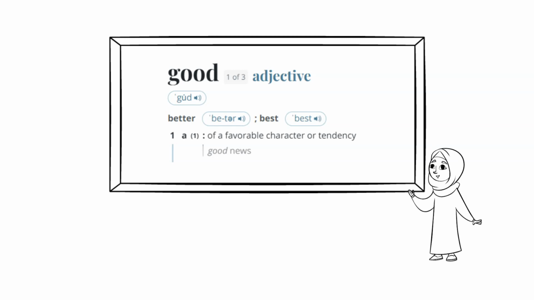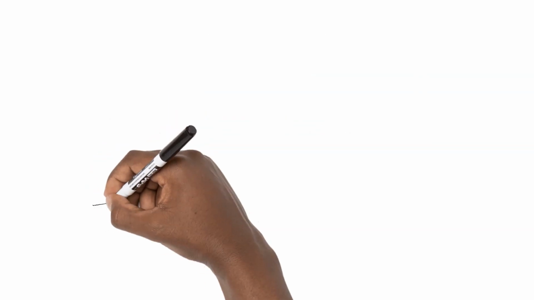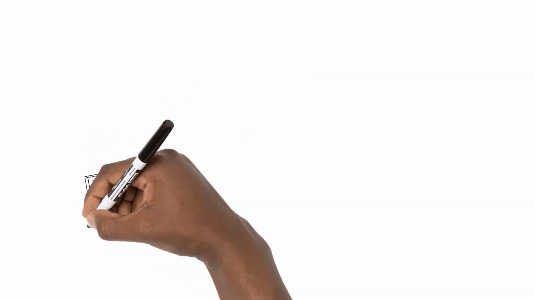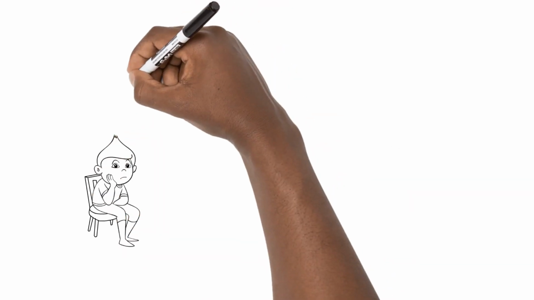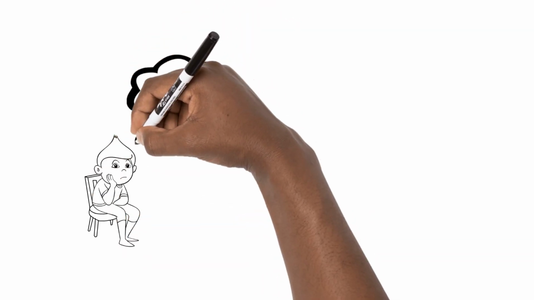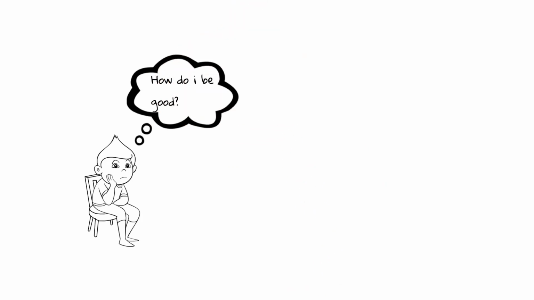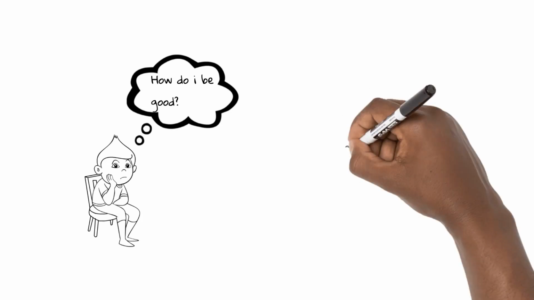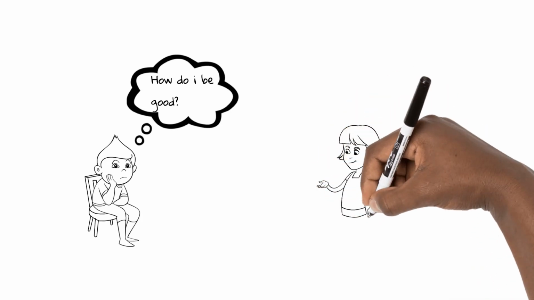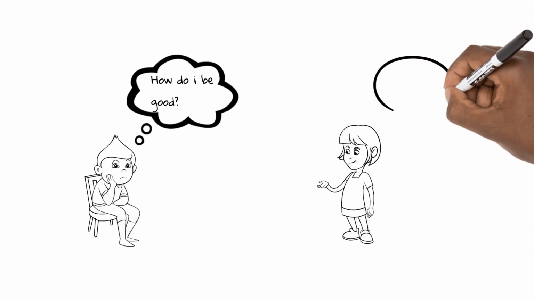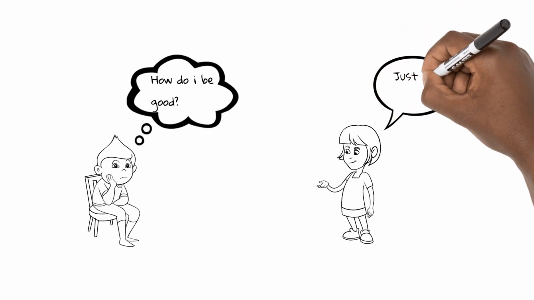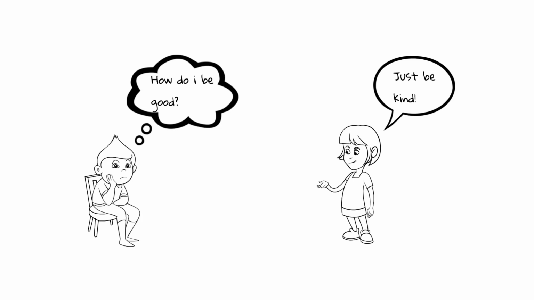Now, what if somebody asked you what you mean by good? Let's say a child is coming and asking you, you're telling me I have to be good. I don't know what good means. What should I be? What should I do? You might then describe what good means. You can't point out to good like a chair or a ball. You will say, well, good means you have to be kind to others, help others, respect all your classmates.